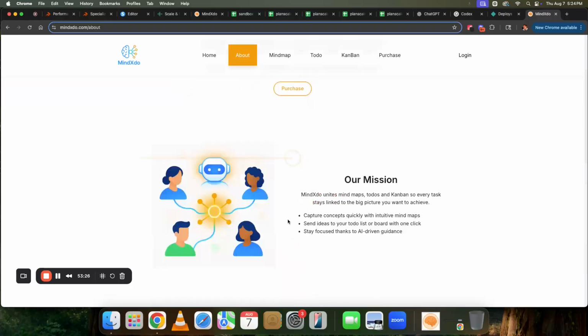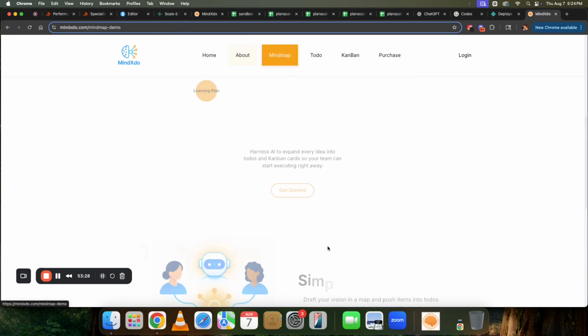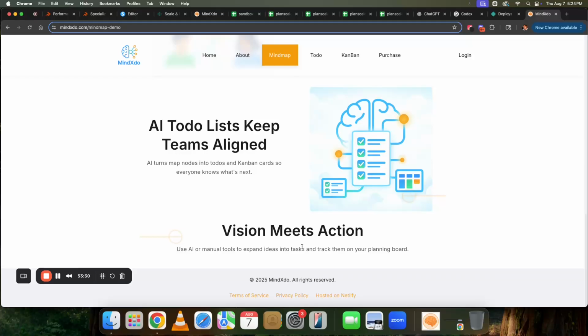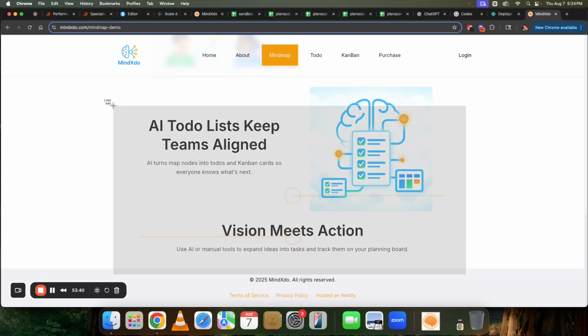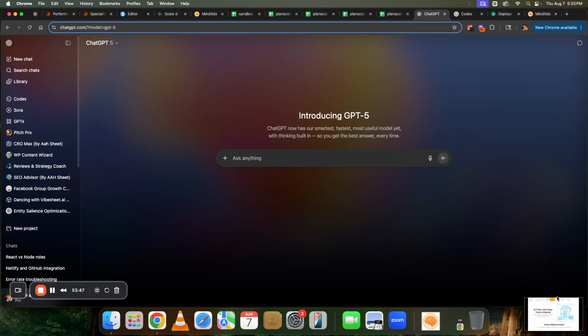So go to mind map. Let's take a look at this bottom here. What can we do to enhance this? So let's take a screenshot and then we'll paste it into ChatGPT and say,